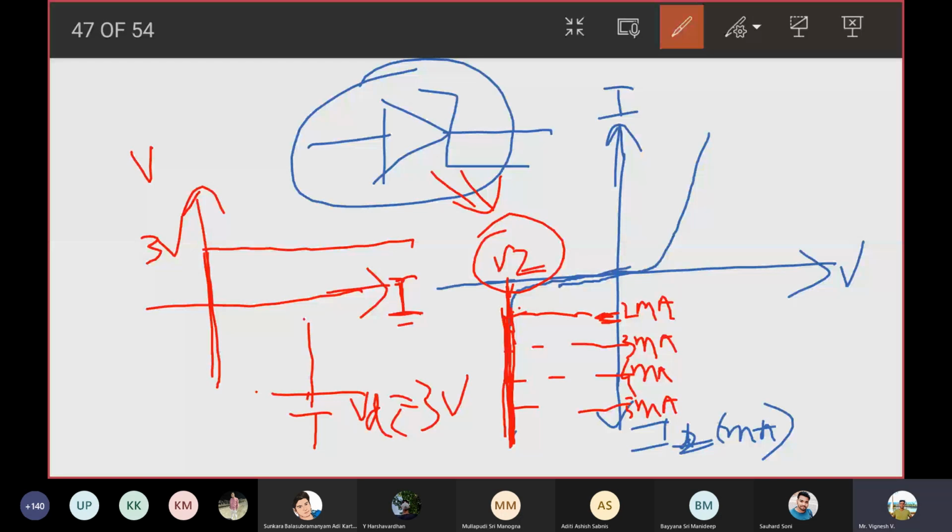Okay, and make sure that the voltage you're applying at the input side is greater than the Zener voltage. Only then it makes sense. If Zener voltage is 5 volts and you give a reverse bias voltage of 2 volts, obviously it is not going to act like a Zener diode, right? Because it is before the breakdown condition even occurs, right? So you have to ensure that the input voltage, whatever you apply, is greater than the Zener voltage for the Zener diode to act.